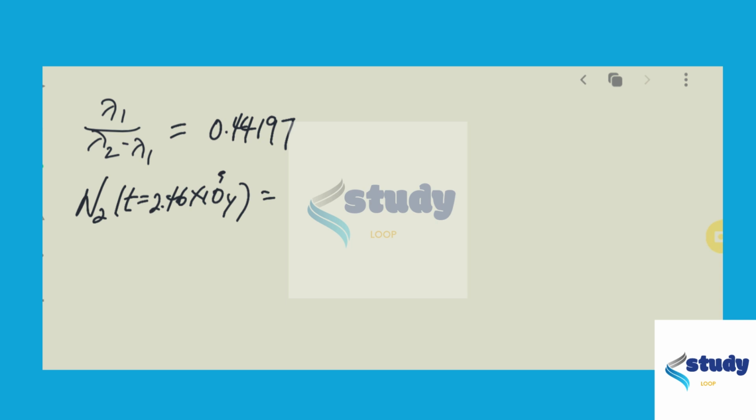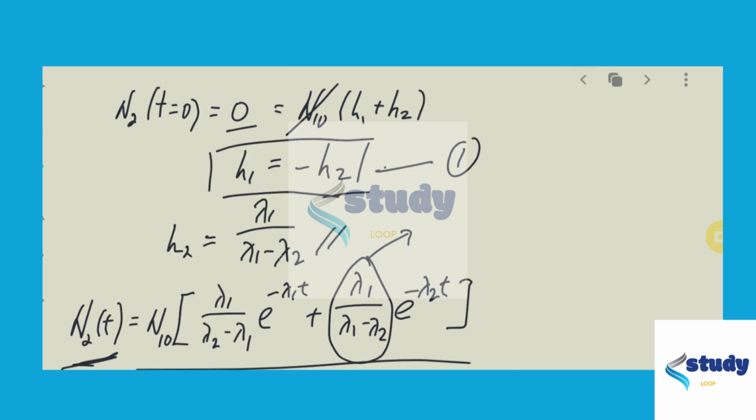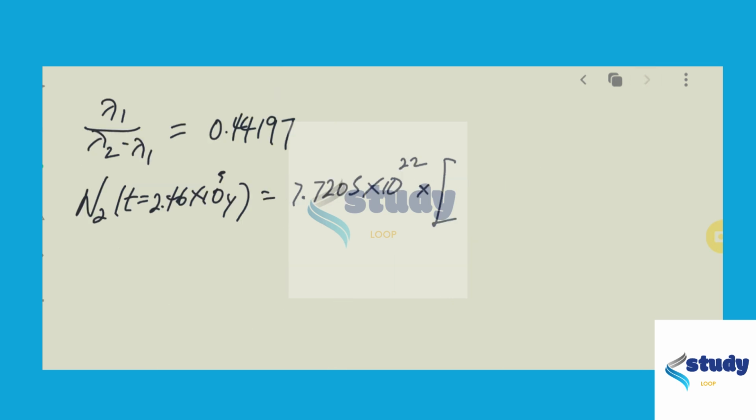N naught is 7.7205 times 10 to the power 22. N naught times lambda 1 over lambda 2 minus lambda 1, and then this is just the negative version of lambda 2 minus lambda 1. So this is 0.44197